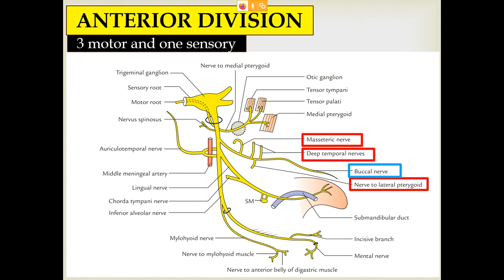It emerges between the two heads of lateral pterygoid muscle, then passes downward and forward and appears on the cheek beneath the anterior border of the masseter. The nerve supplies the skin and the mucous membrane of the cheek, related to the buccinator, but not the buccinator muscle. So the buccal branch is not supplying the buccinator muscle. It supplies the cheek related to the buccinator, and the mucous membrane of the cheek is supplied by the buccal branch of the anterior division of